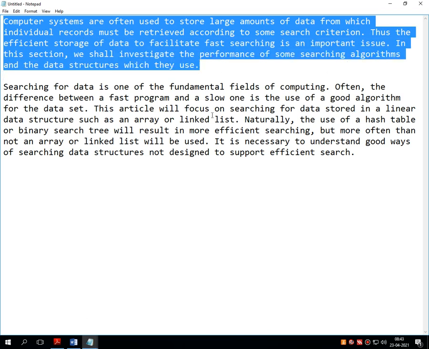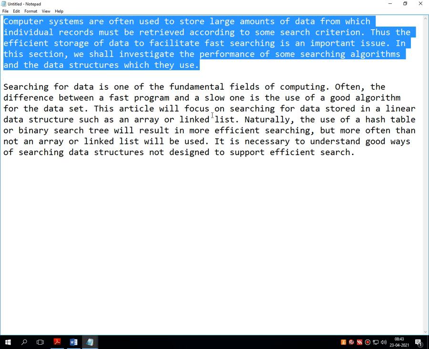In a computer system, we often store a large amount of data from which individual records must be retrieved according to some search criteria. Thus, the efficient storage of data to facilitate fast searching is an important issue.